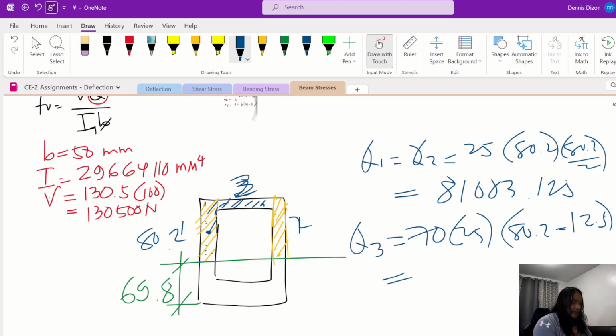So 70 times 25 times 80.2 minus 12.5. This is 118475. So the total Q above the neutral axis is